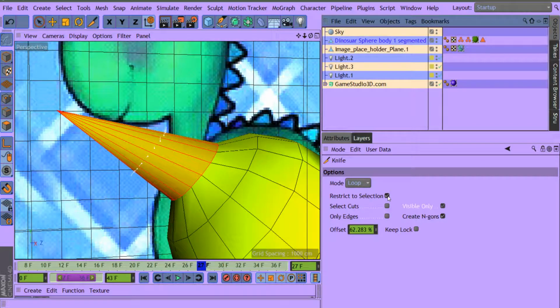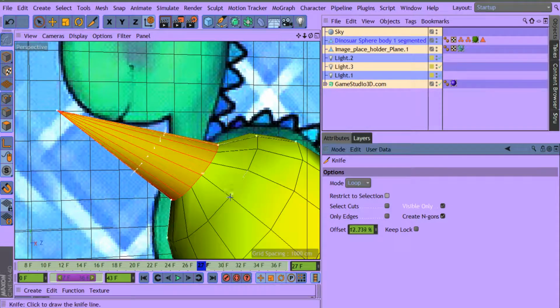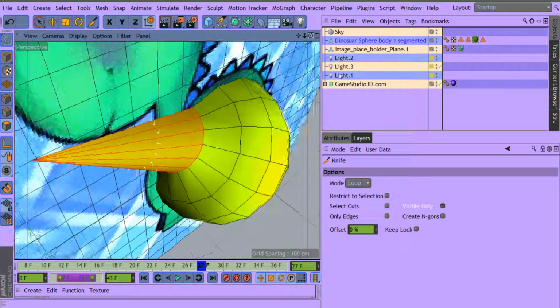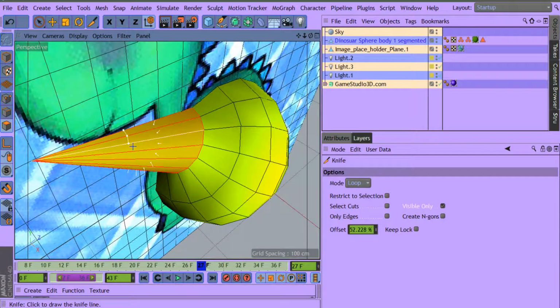We can leave restrict to selection or click it off, I think. And I'm going to add some cuts here. And I want my loop to loop all the way around, so I'm not sure. You can usually see this loop around by holding it,